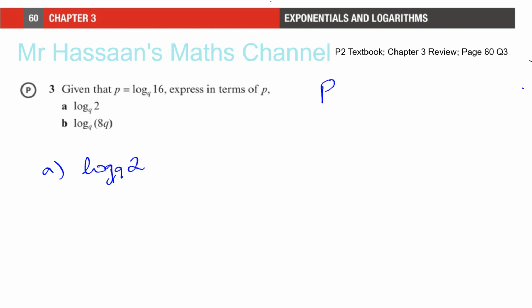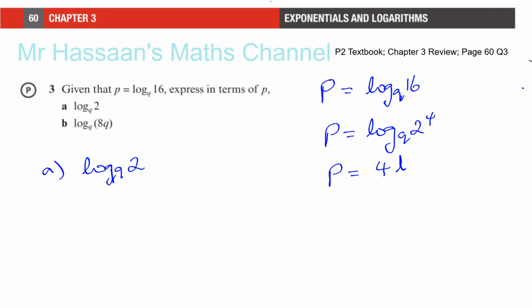Now we know that p is equal to log to the base q of 16. So basically I want to rewrite this so that it has log to the base q of 2 in it. Okay, so what I can do is I can rewrite the 16, because I know that 16 is 2 to the power of 4. Okay, and then I can use the power law to say that p is equal to